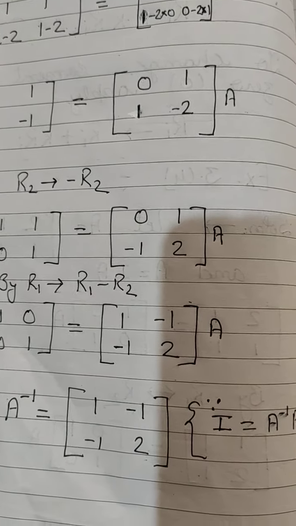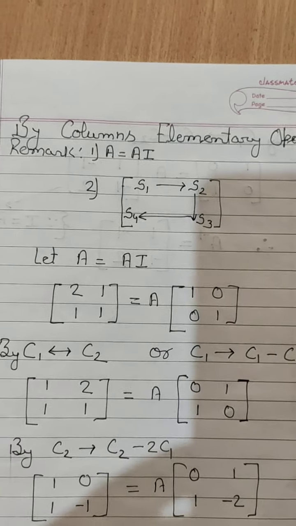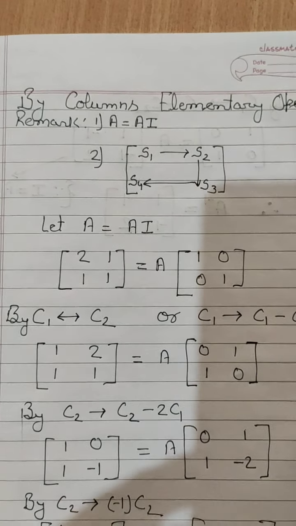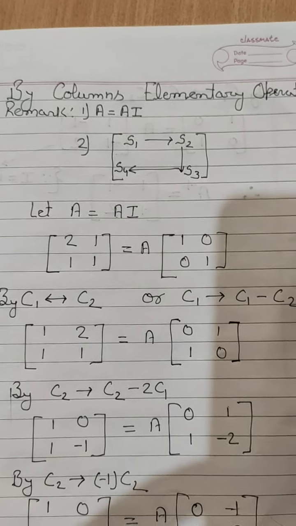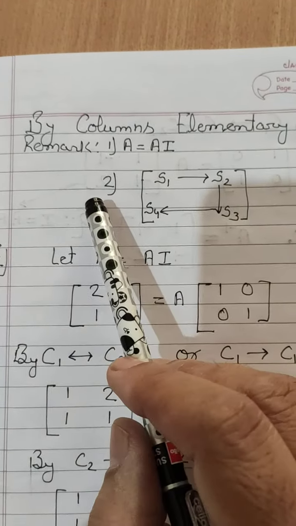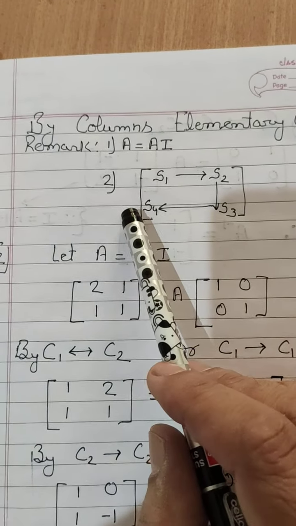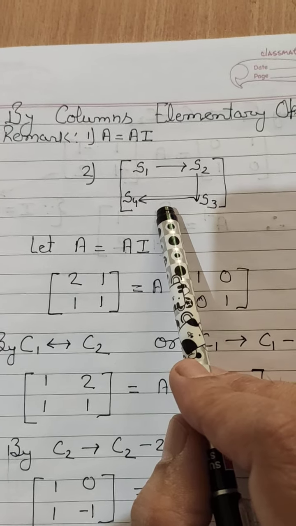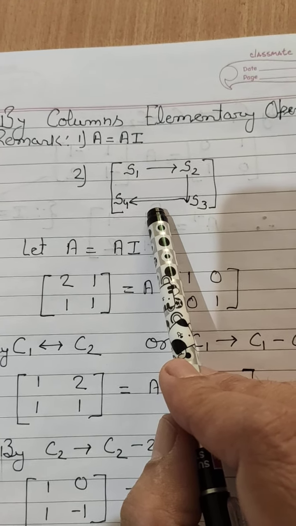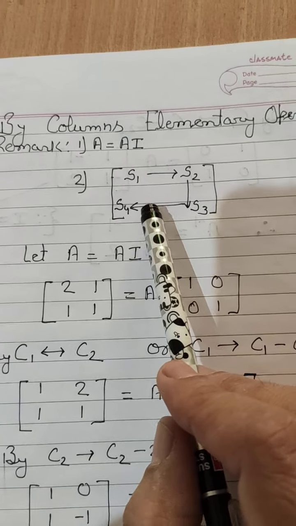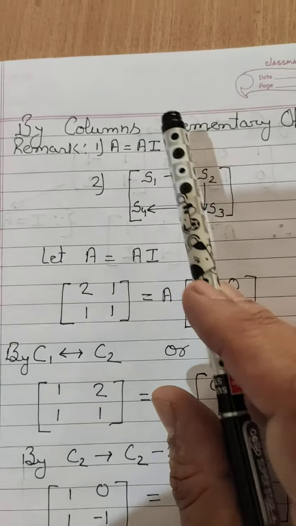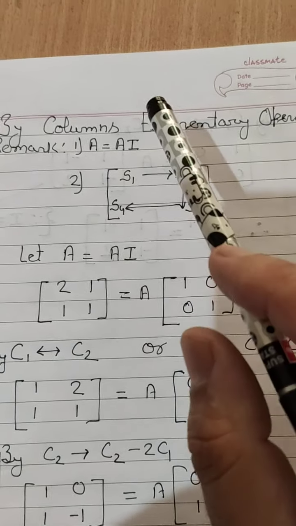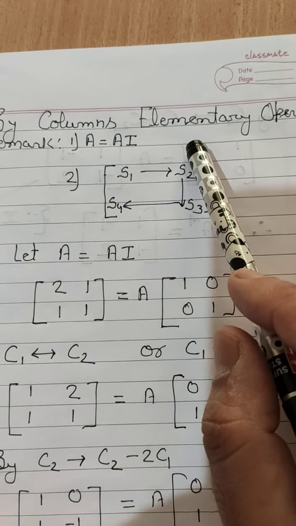Our question is complete. In place of row operation, you can also apply column operation. Two questions we have seen based on row operation. Now we will see a question based on column elementary operation. Here the first step will change, and in place of row operation we will apply column operation. Once you have selected row operation, then you can use only row operation, and the first step assumption will be different. And if you select column elementary operations, then you can only use column operation, and the first step assumption will be different. What is the difference?